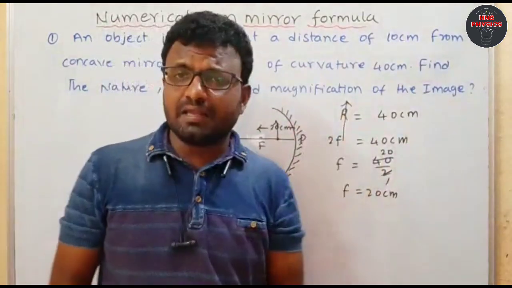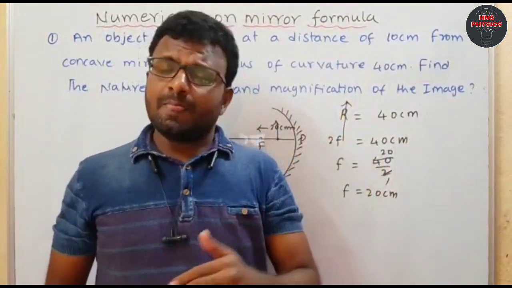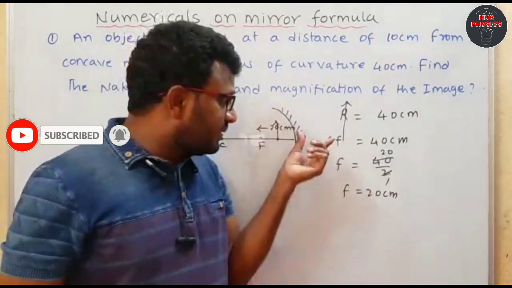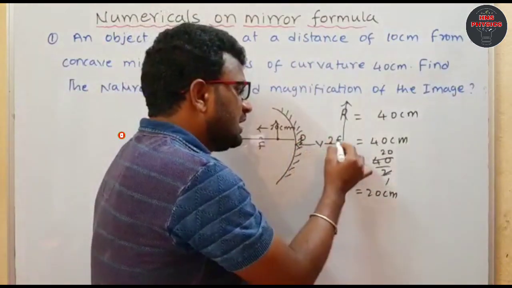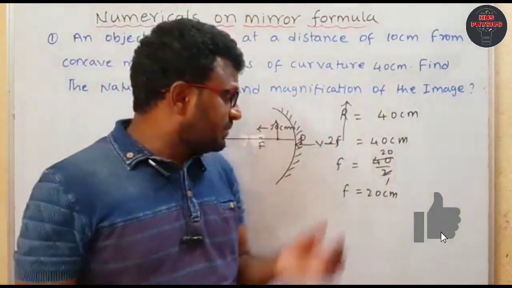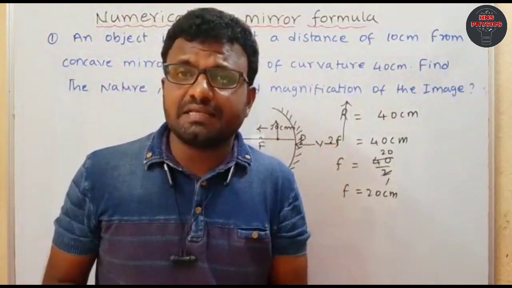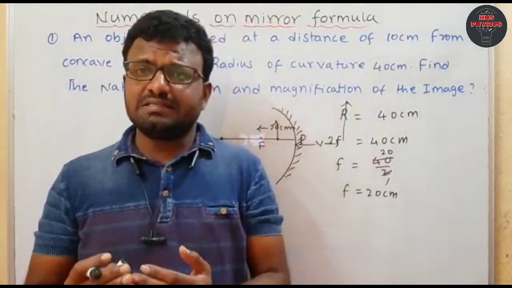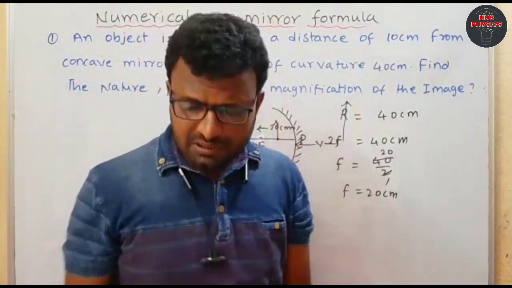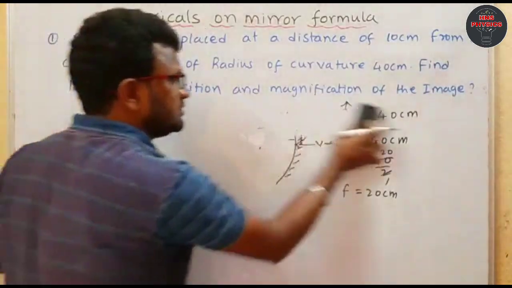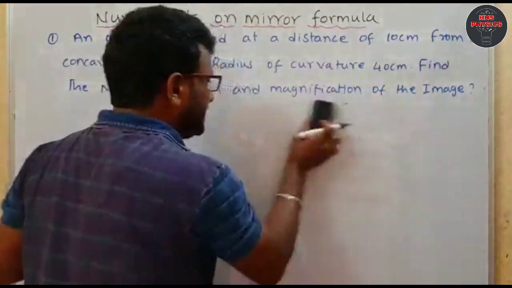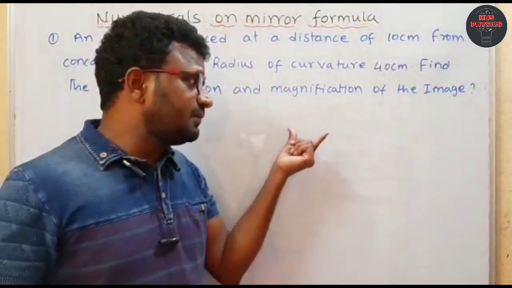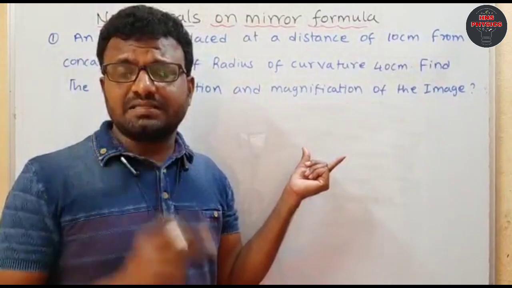When the image is formed behind the mirror, the image size is larger than the size of the object, and the image distance also becomes positive. What is the nature here? The nature is a virtual image. If you analyze like this, problems become very easy. First we have to find the image distance. The image distance here is positive. We will get a positive value; otherwise, if you get negative, that answer is wrong.